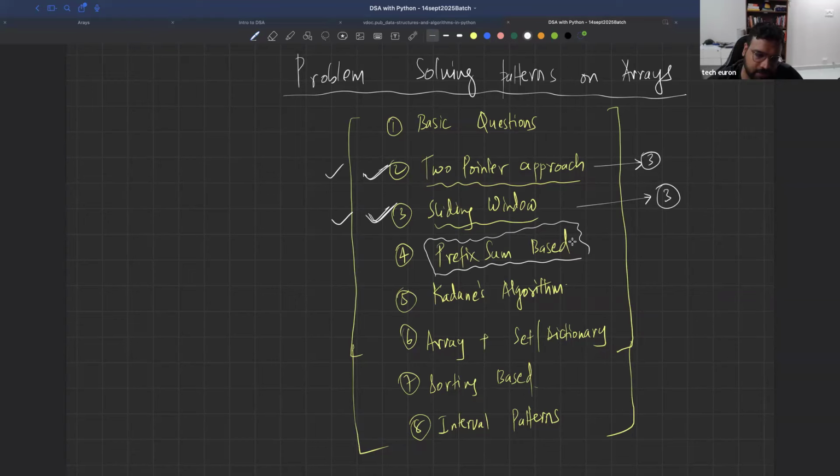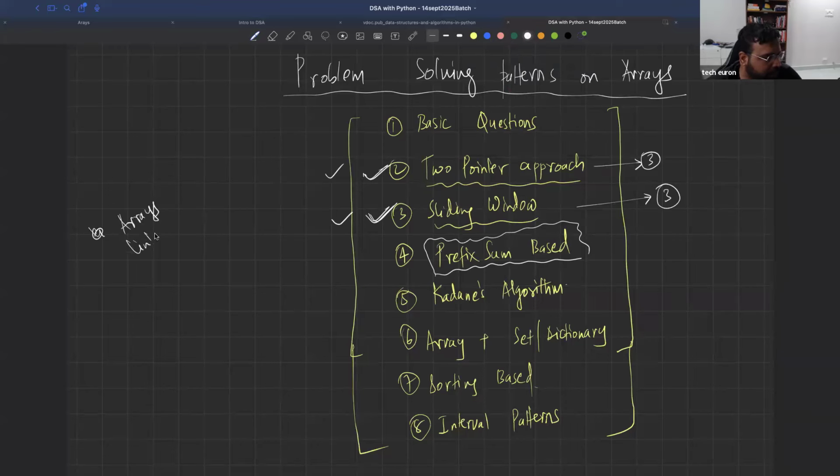Then we'll do linked list and solve some questions on linked list. We will go to trees and solve some questions on trees. Again, we will come back and do a little bit of array and a little bit of linked list. So like that, we will move ahead, because we have to cover a lot of things. Right now we are on arrays. So we have to do arrays first,